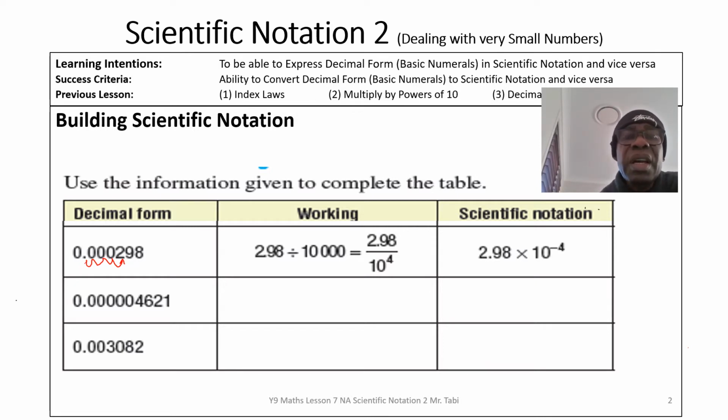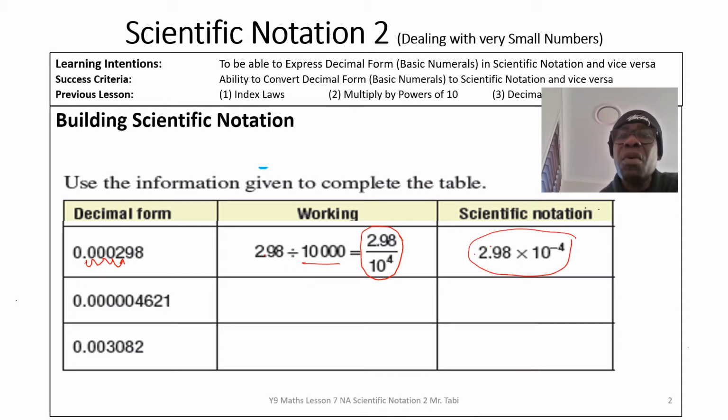So if I write this number as 2.98, then I got to divide that by 10,000 because I shift the decimal point 4 places. And this is the same as 2.98 over 10 to the power of 4. And 2.98 divided by 10 to the power of 4 is the same as 2.98 multiplied by 10 to the